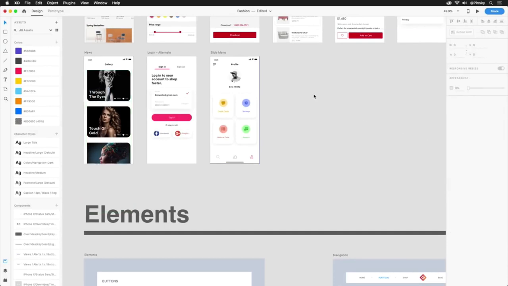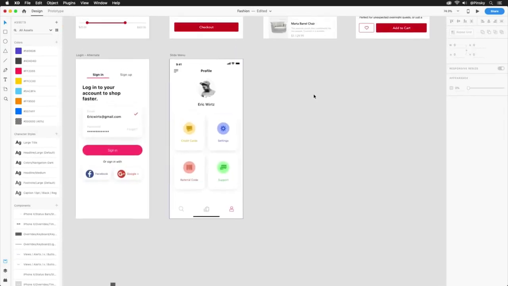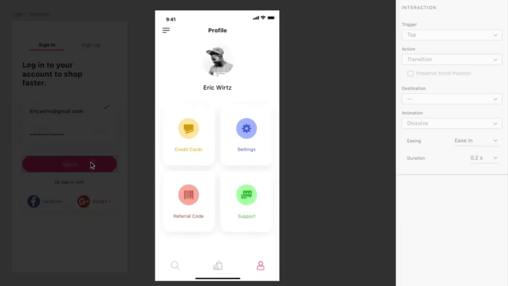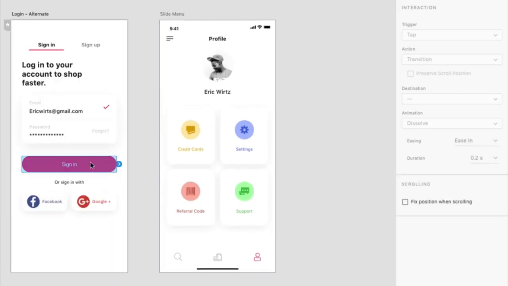With our artboards looking great, it's time to bring a few of them to life, and that's where prototype mode comes into play. This will allow you to link up your screens with simple transitions or beautiful animations. For this first example, I may want this button to lead over to this screen. Once an element is selected, I can drag the blue handle to its destination artboard, and then define the properties over to the right.